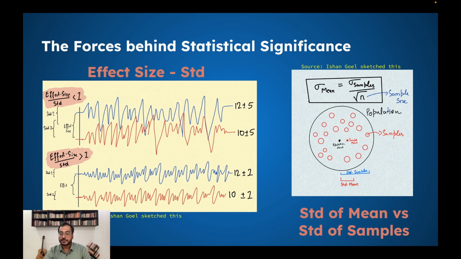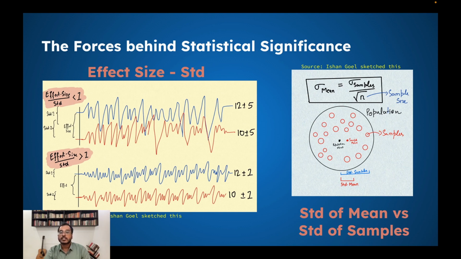So the idea here is that the whole width of the pie is essentially the standard deviation of the population in general. So the standard deviation of the samples. And what sampling theory tells us is that there is a sample mean that you can detect from the sample. Also, there is a population mean, which is the true mean of the entire population. And how far the sample mean is from the population mean depends on the size of the sample that you